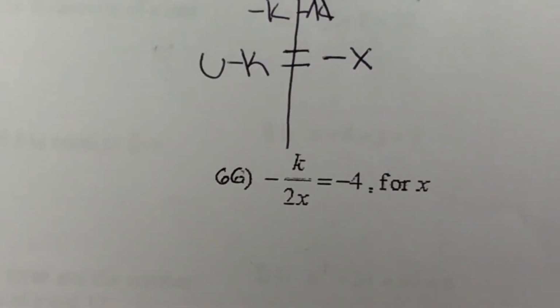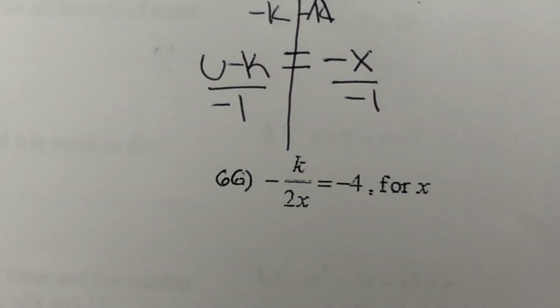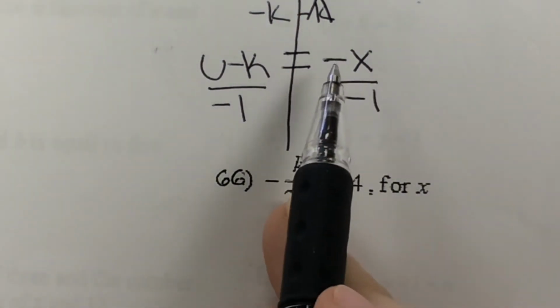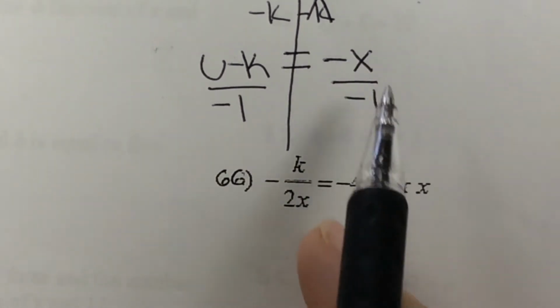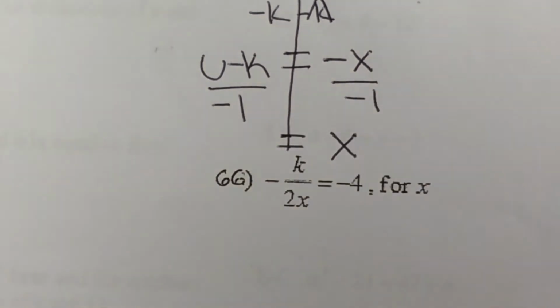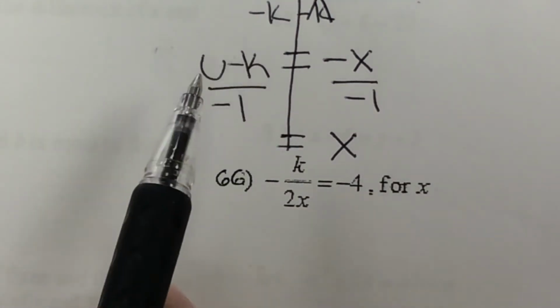How can we move that to the left side? Well, divide by negative 1. Get that negative out of there. So now on the right, we have a negative divided by a negative. All this does is make x positive, which is what we wanted. So now x is positive, and now on the left side, each of these variables needs to be divided by